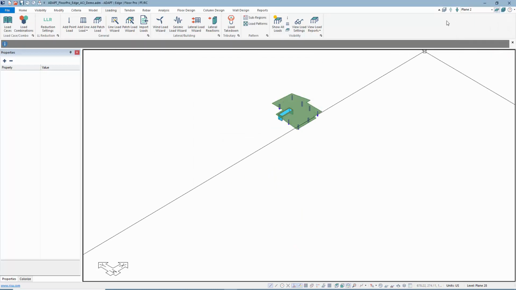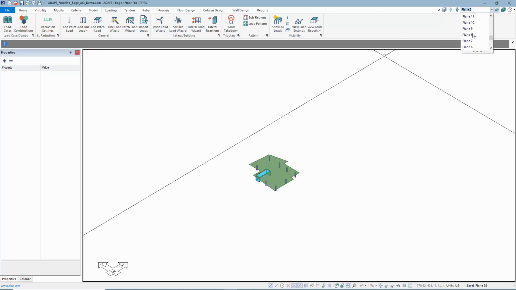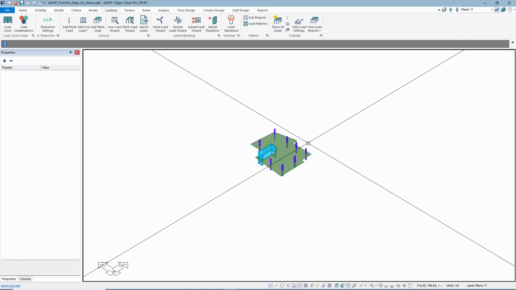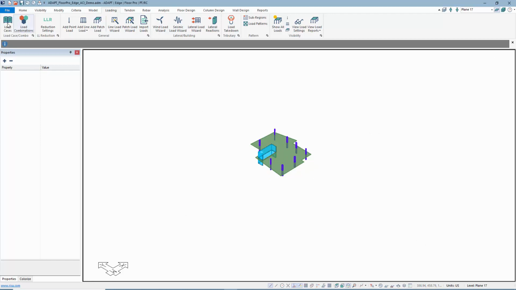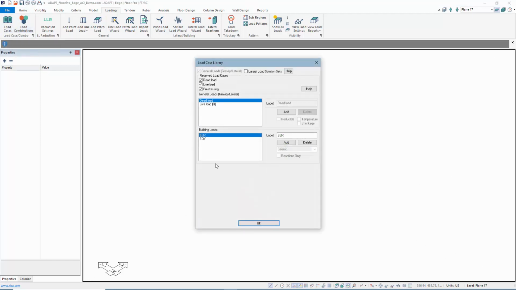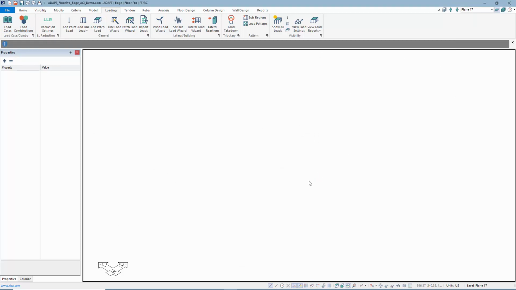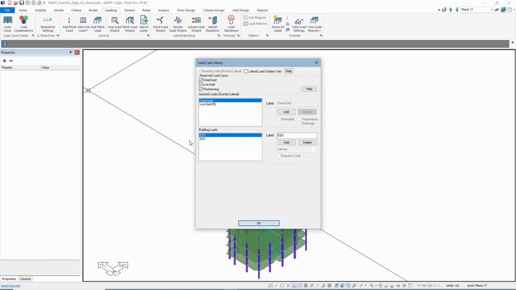If I switch this to single level, the current plane selected is plane 2, and I can always go and modify the selection for the plane. Now, if I solve this plane independent of the global structure, building loads will not be solved when we're working in single level mode. So going back to building mode, when we add wind loads to the structure, those are